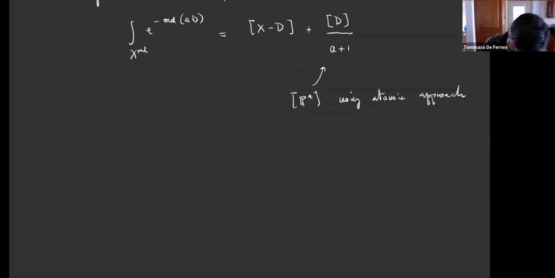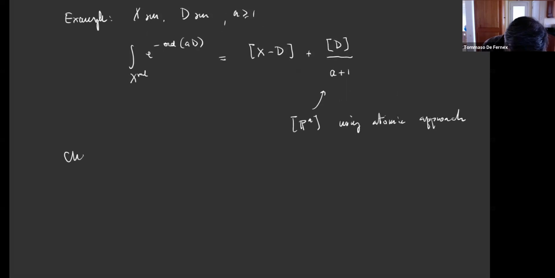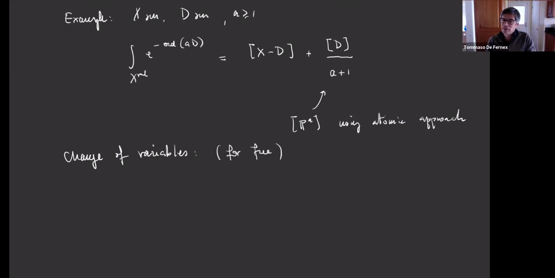So let me also talk about the change of variable. While we need to work a bit harder to prove that the measure is well defined, the upshot is that the change of variable comes for free. Because a birational map gives an identification between the spaces of evaluations, and then it's just a matter of comparing the two log discrepancy functions. So the change of variable says: if g from Y to X is a resolution of singularities,